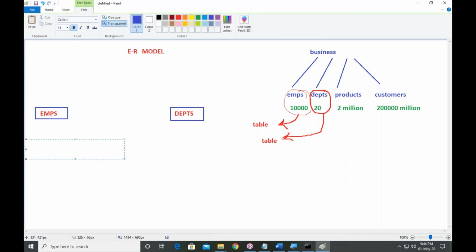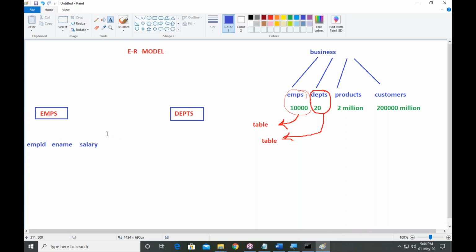For employee: employee ID, employee name, salary. Assume three columns. Properties are represented with ellipses. Connect these properties.